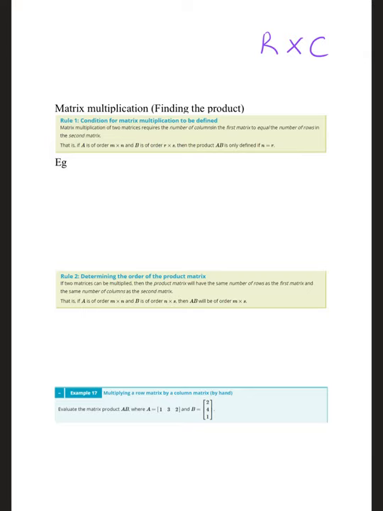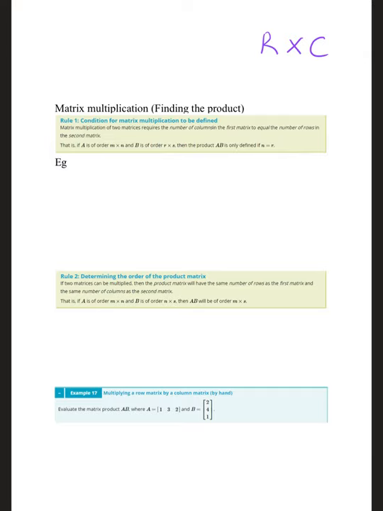Alright, so matrix multiplication, or finding the product of two matrices or more, there's some key rules that if you have under your belt, you can actually work out a lot of multiple choice questions in an exam just by knowing these two little tricks, because you can quickly eliminate incorrect answers from either knowing that you can't multiply it, or knowing that the product size isn't correct. What I mean by that